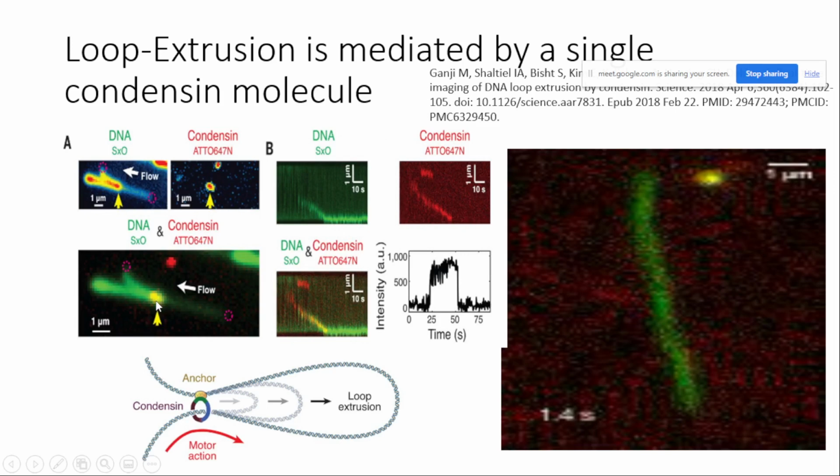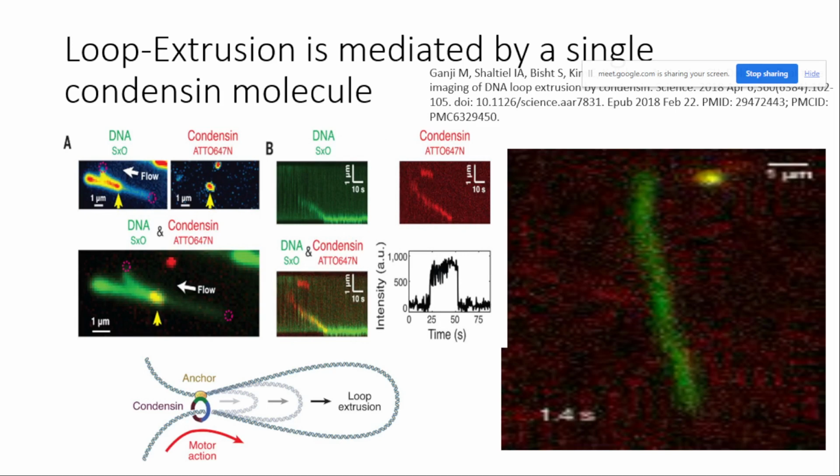That means that is the position of condensate, which sits at the neck of the loop. Like here they have shown in the model, condensate sits at the neck of the loop, and it will extrude the loop like here. Okay. So by this experiment they found that condensate sits at the stem or the neck of the loop, and it will extrude the loop. So in this experiment they found the position of recruitment of the condensate.